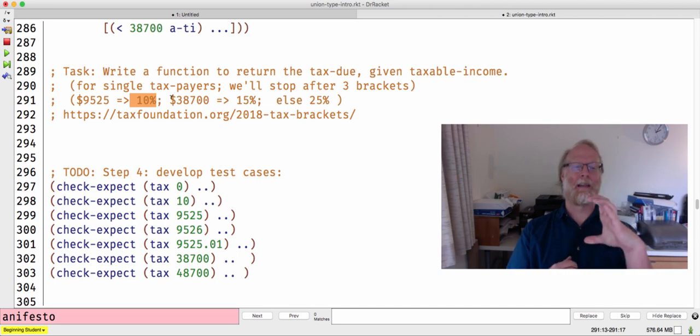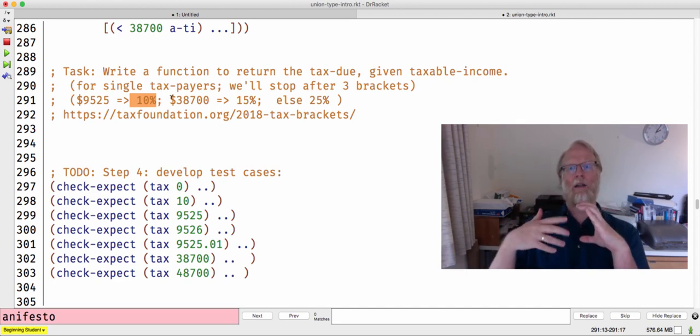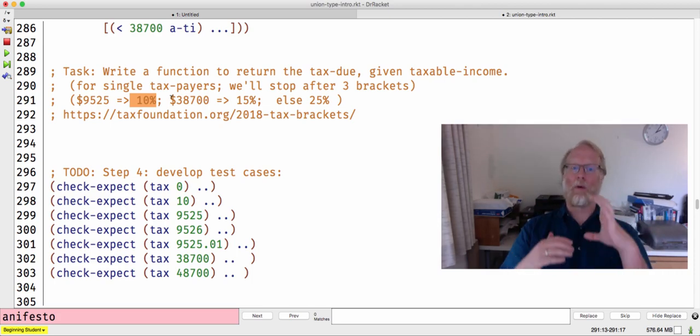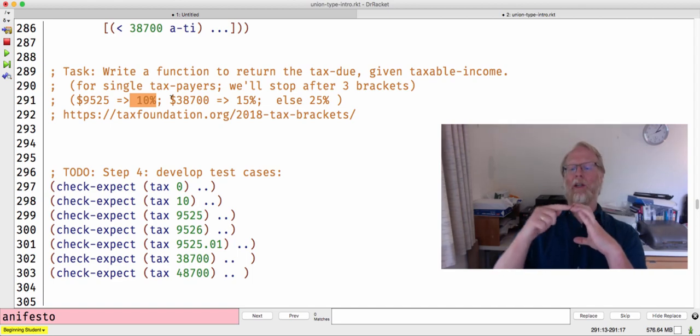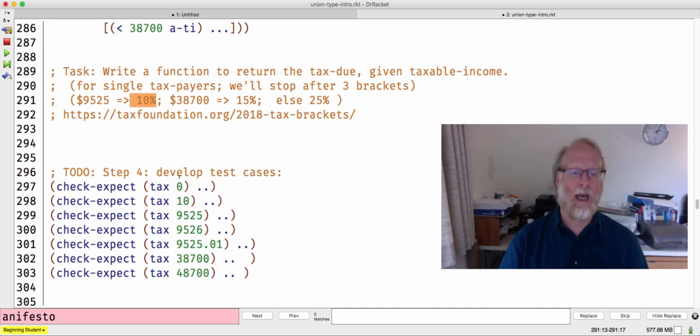That means if you're in this income bracket down here, you're great, I'm paying 10%. Oh gosh, I don't want to make more money because then my taxes will go up on the whole chunk. That would be a bad tax law if it made people not want to earn $1 more because they would end up with less. So the way it works is you pay a certain amount on this range, and then if your income is up here, you pay a different amount, the 15%, but you only pay that on how far you are into that next bracket, okay? So, anyway, what's